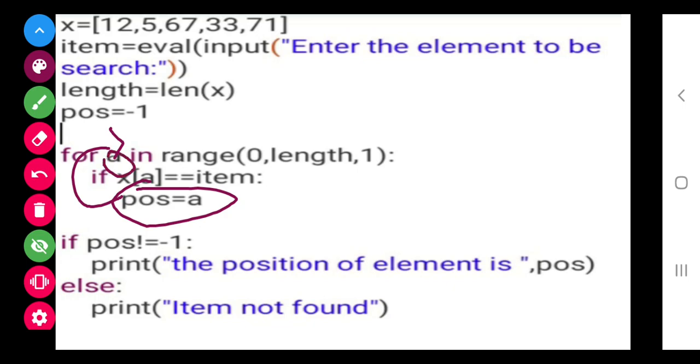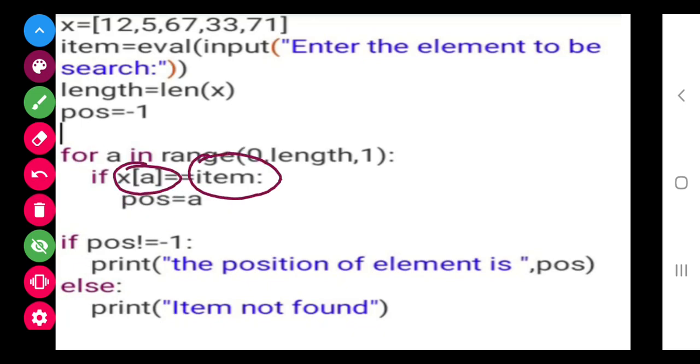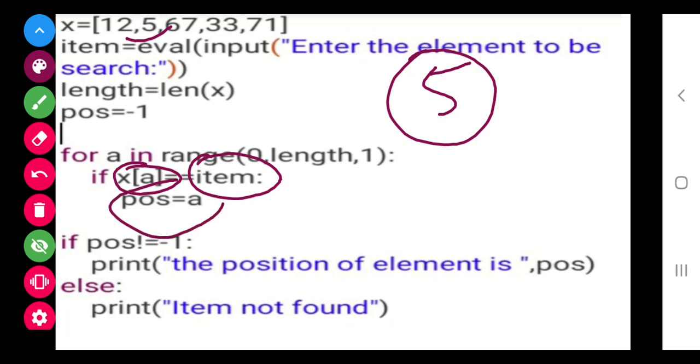Now A is my 1 because 0 is done. Now xa, that is x1, is equal to item. Our item was 5. Yes, x1 is equal to the item, so position is 5.